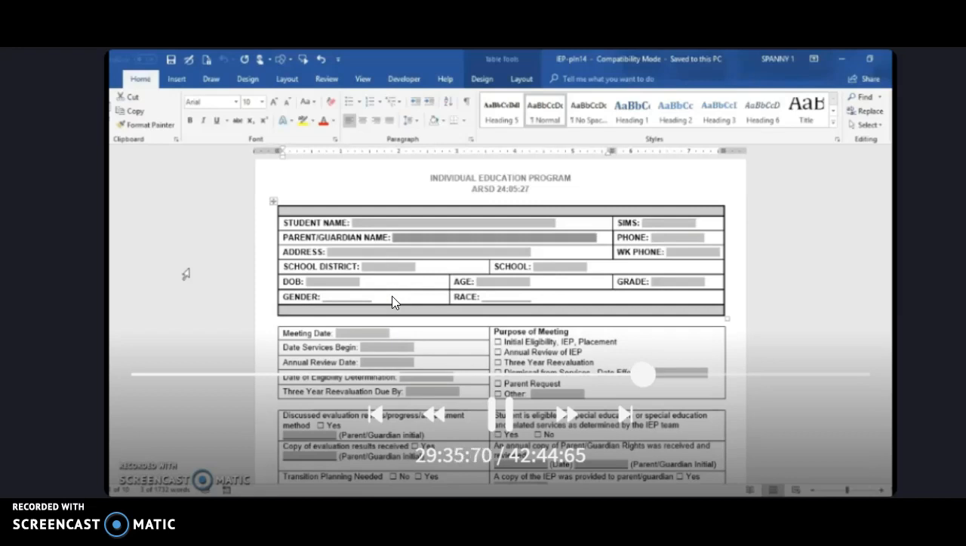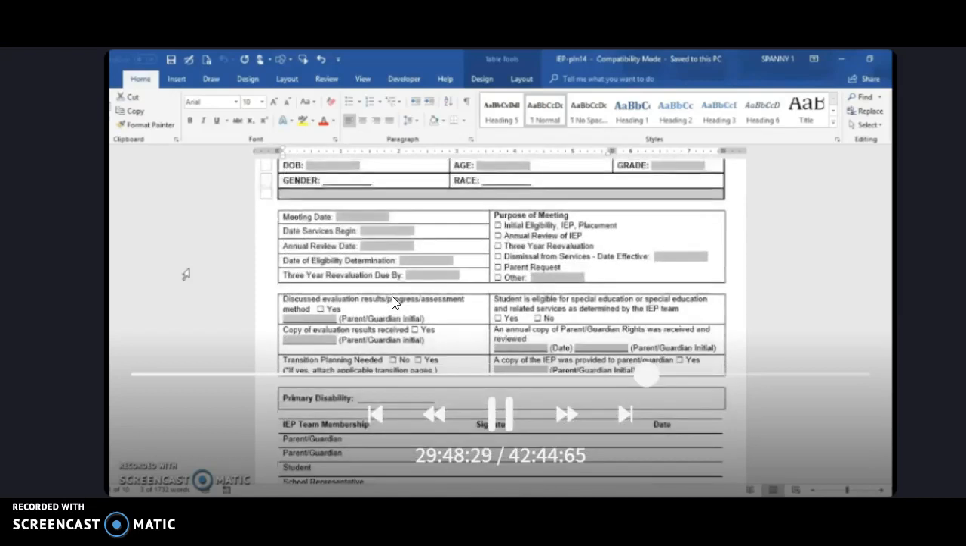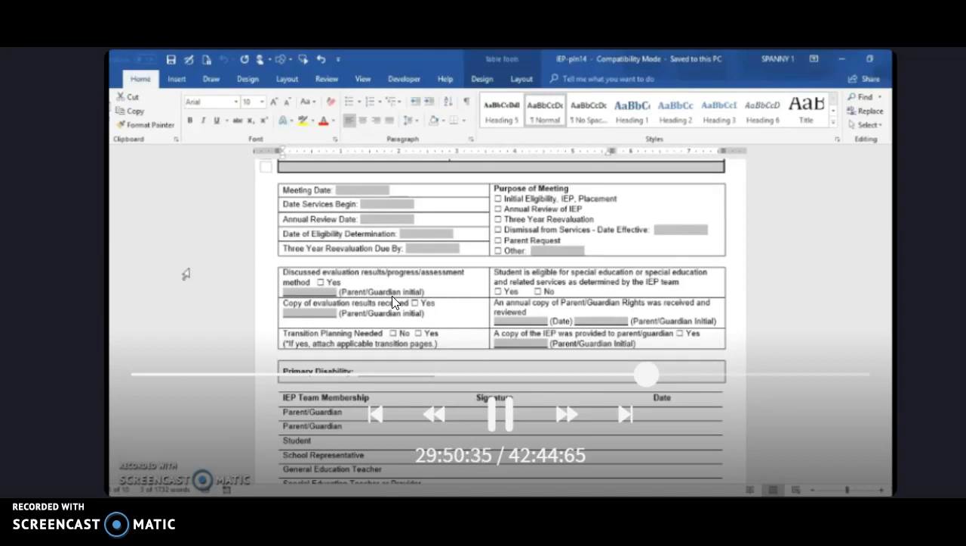You'll also see that there's a spot where they talk about the purpose of the meeting. For this case, most of the time this will be an initial eligibility or an annual review, sometimes a 3-year evaluation if you're at that point. Below are some important check boxes that your special education teacher should have checked first, but then will require a parent signature. This shows that you discuss the evaluation results and the assessment methods, that you got a